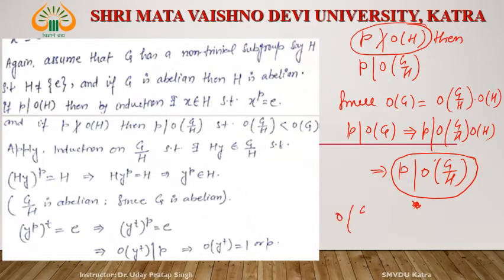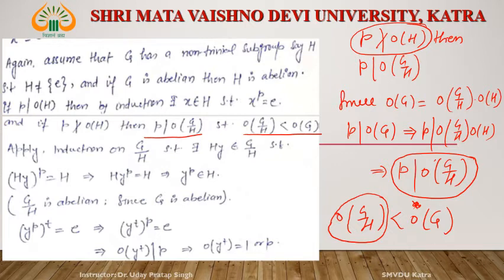What is the order of G/H? The order of G/H is less than the order of G, right? Then since the order of G/H is less than the order of G, and we already assume by the method of induction that the result is true for all groups whose order is less than the order of G, this means the result is true for G/H also. Then there exists